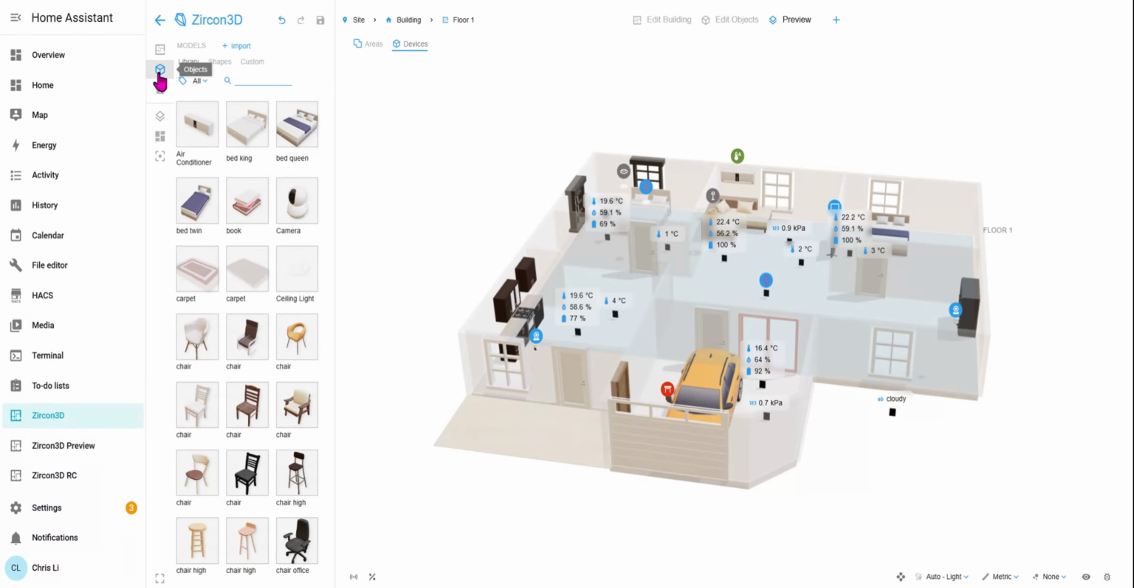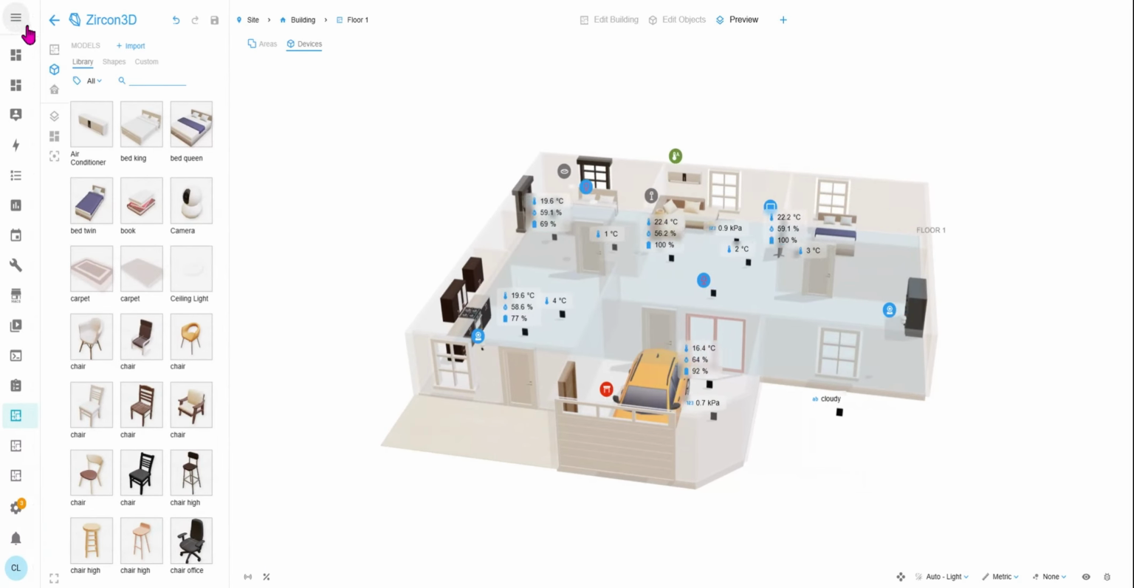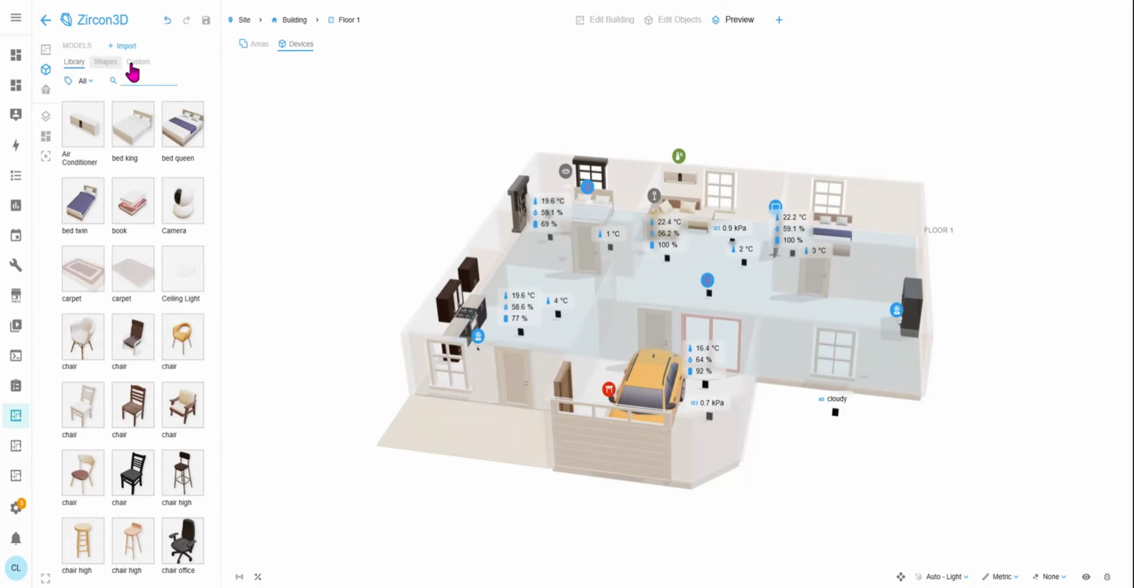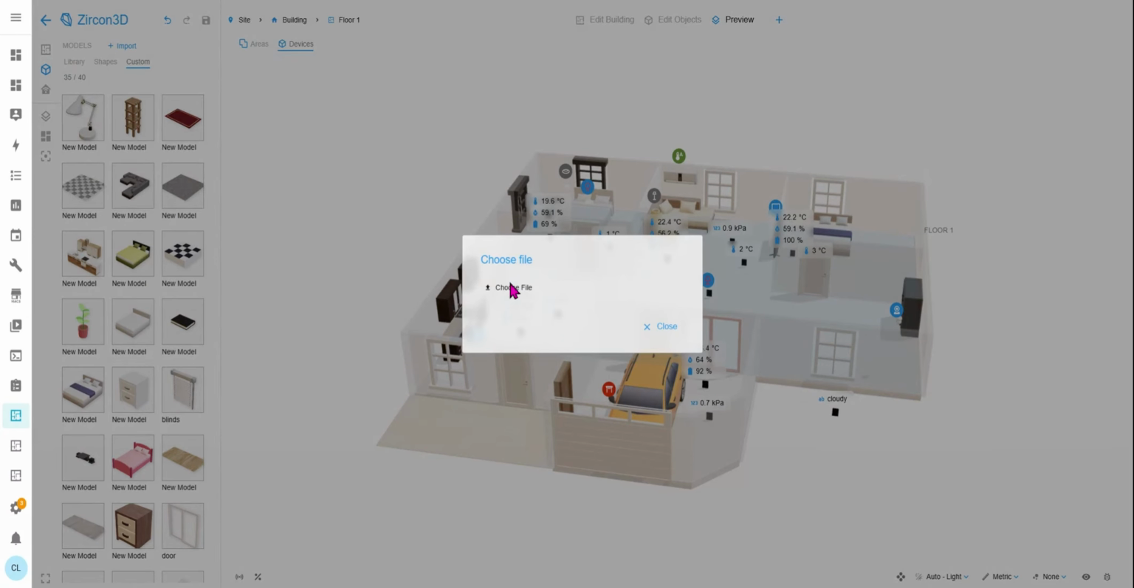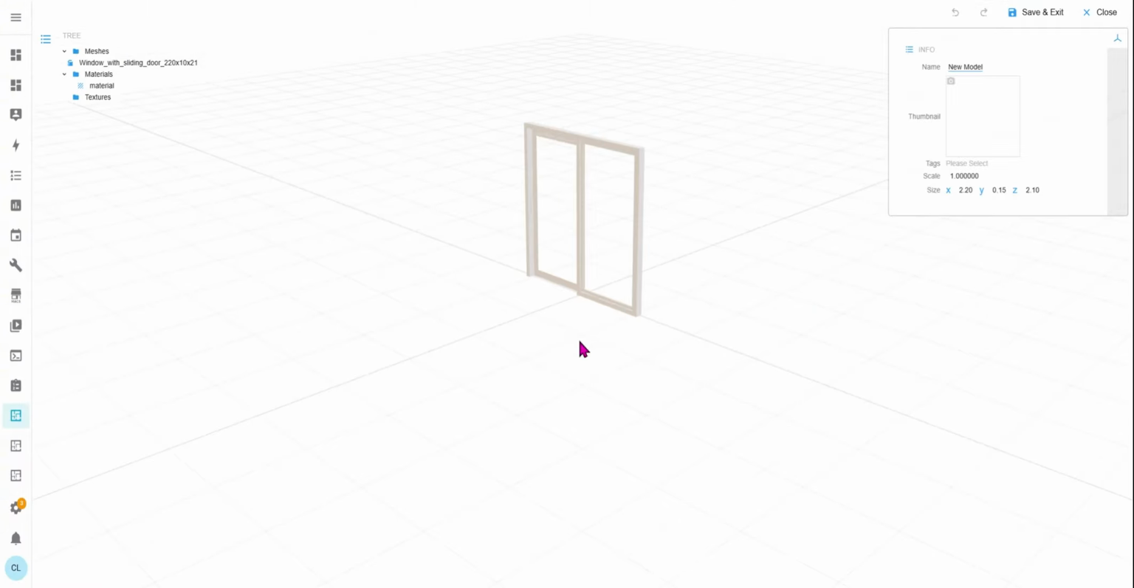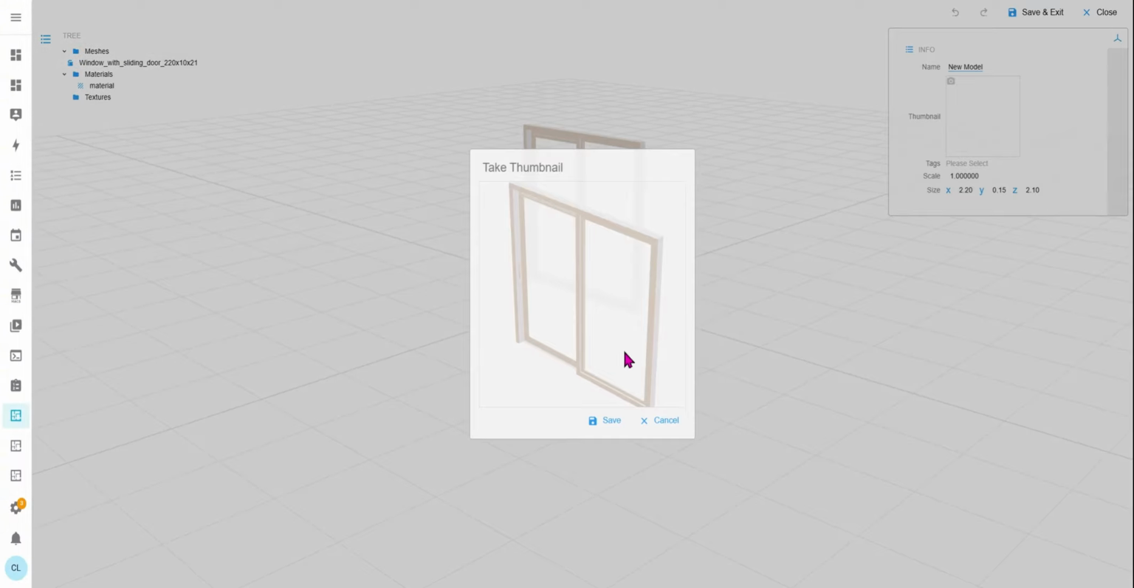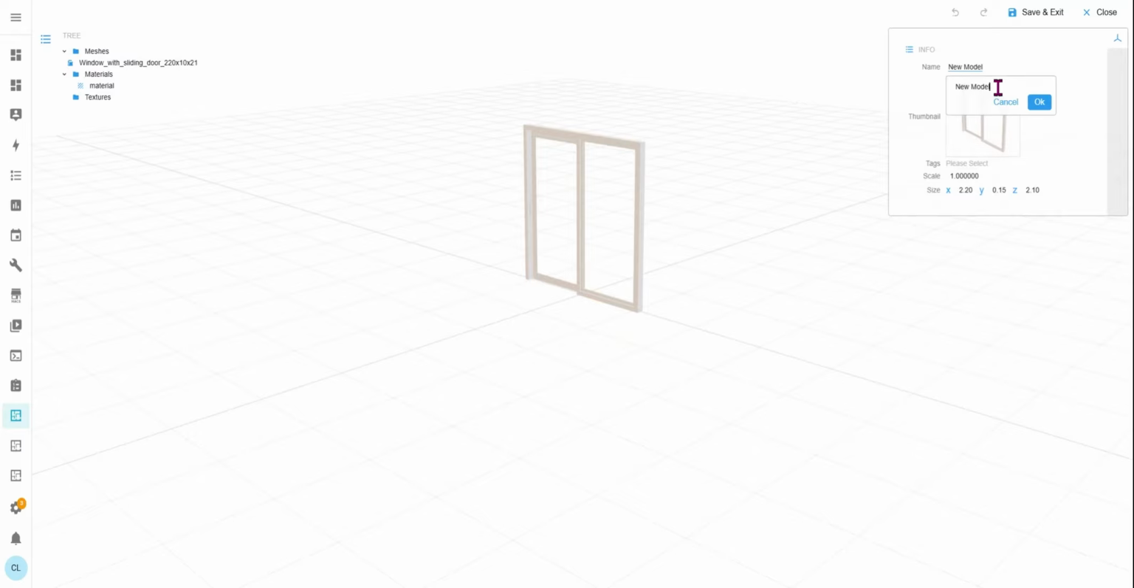Go to the Models tab, choose the Custom subtab, and click the Import button. Then choose your .glb file. For better performance, we recommend using low poly models, especially if you plan to use many models in the same project. After importing, the model opens in the model editor, where you can add a thumbnail and give it a